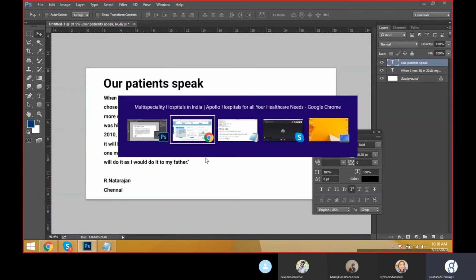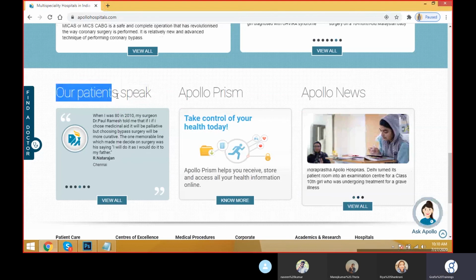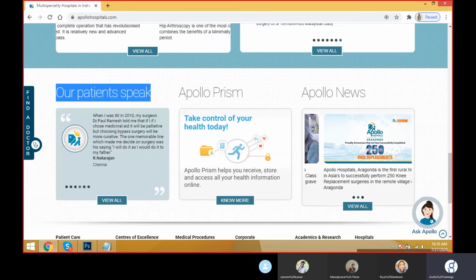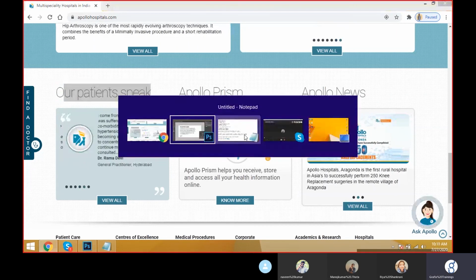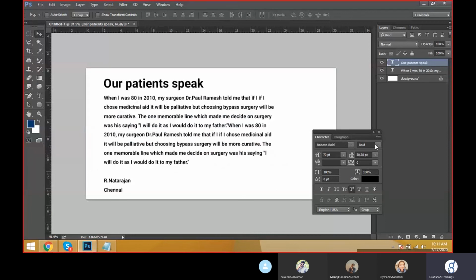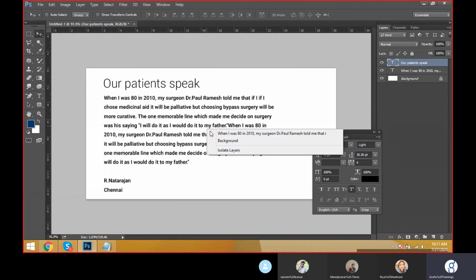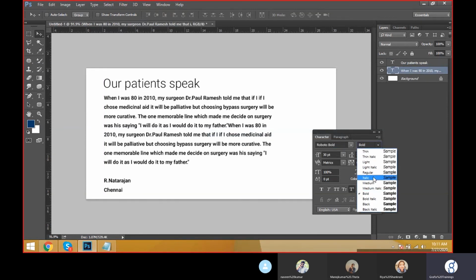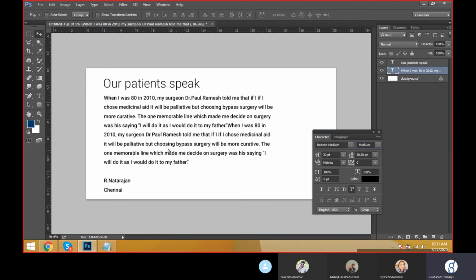And how is the text, friends? Here this is thin, see, the text is very thin. We can also keep the thin text using Roboto Thin, or otherwise we can keep light. Yes, and we can take this one as a medium, but everything is clear.